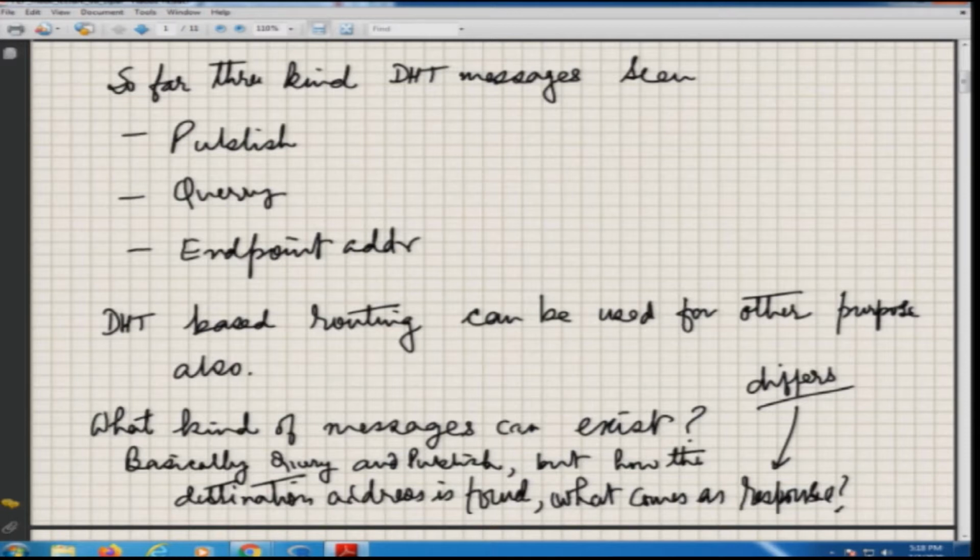In fact, the third one, endpoint address, is also a query, but the query is not resolved from a distributed hash table or from the index, but it is resolved directly by the destination. So, depending on what kind of destination address we are using, we will figure out what kind of response is going to come, and that is essentially what will create various kinds of messages.